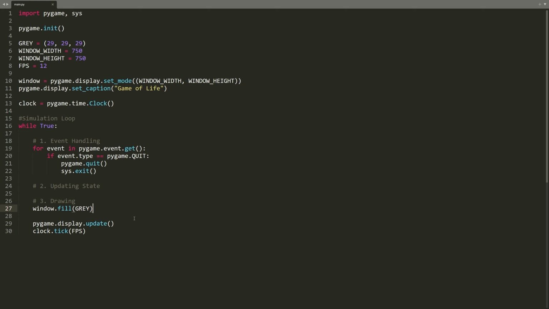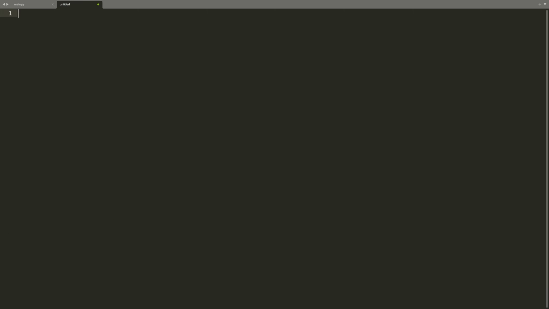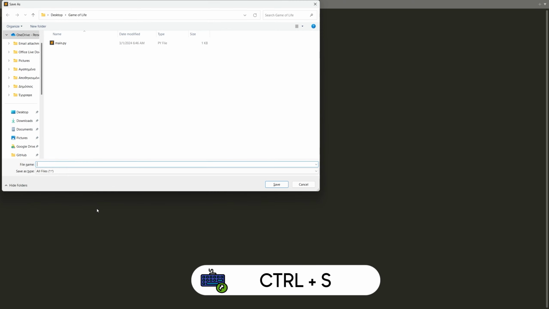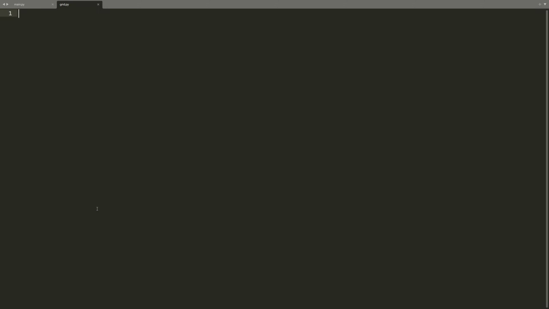Back to our code. First, let's create a grid class. We will do so in a separate file. We can press Ctrl+N to create a new file and then Ctrl+S to save it as grid.py. Now let's start writing our grid class. class Grid: def __init__(self):